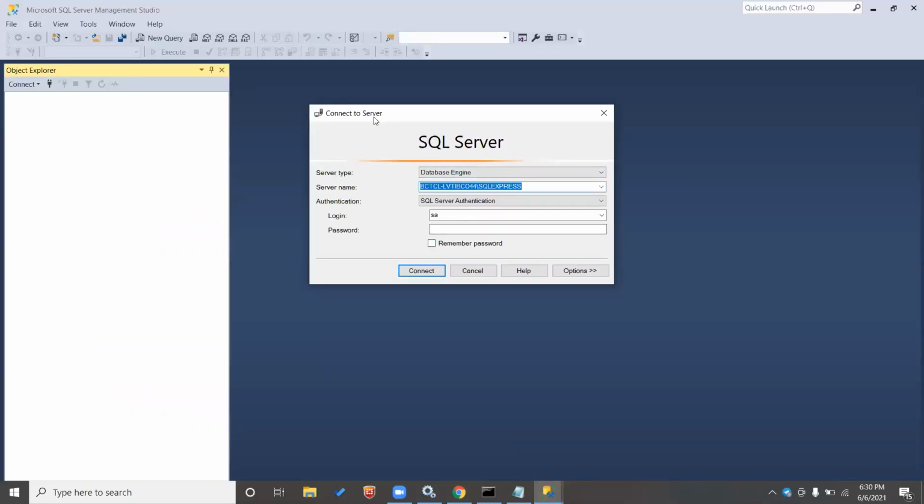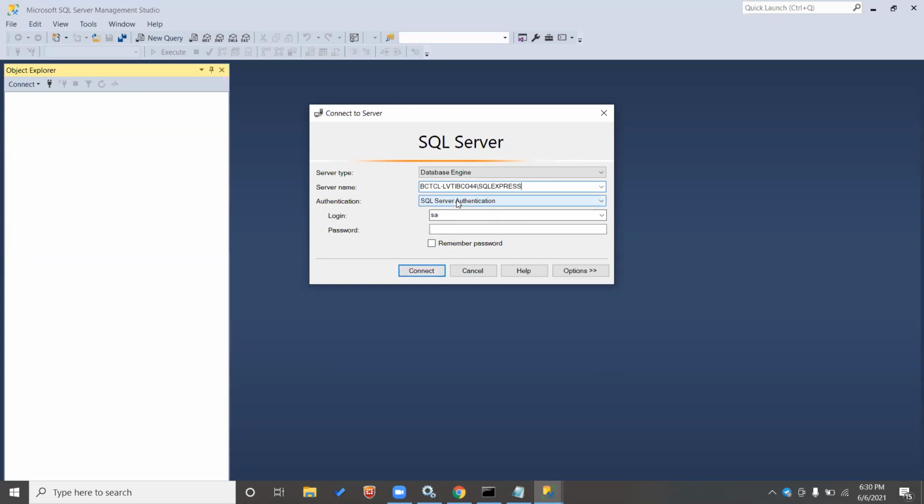So from this client we are trying to connect to a server, and the type of server that we are trying to connect to is a database engine, and then this is the server name. By default it will use port number 1433. Since it is on my local machine and the port is also default, I don't have to mention the port.